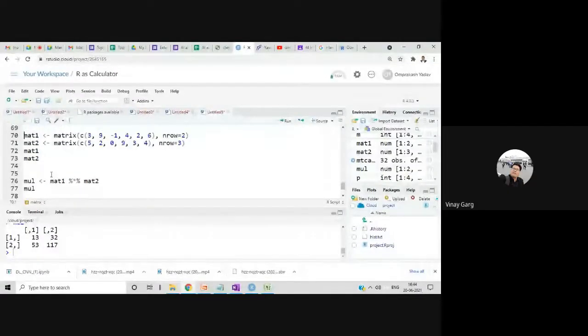Yeah. So here you mean to say that this percent sign will also work as a multiplication? Yeah, so I'm saying that this %*% will work exactly like multiplication of the matrices. And if you use only star, then it will just multiply element by element, which mathematically is not correct. Matrix multiplication must be done the way I explained: first you take the row and the column, multiply all the elements, take the addition, and then substitute the resultant value over there. Then you take the second row, then the third row. In that way, the multiplication happens.